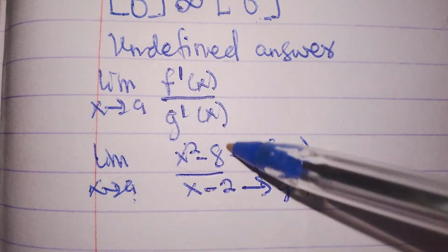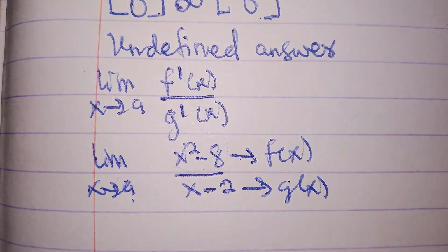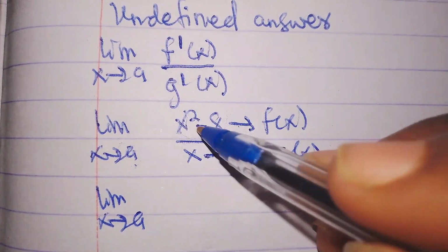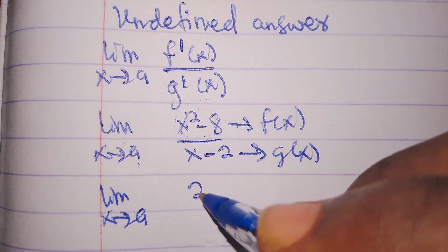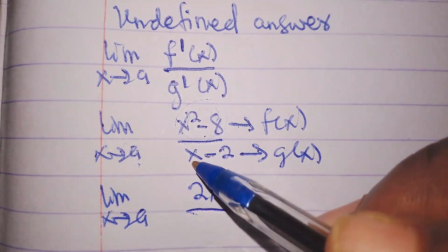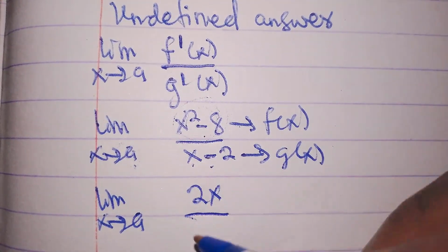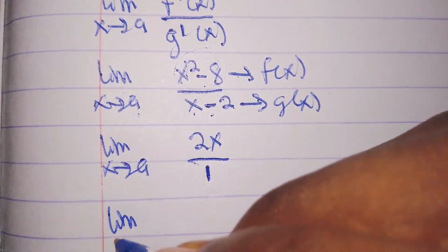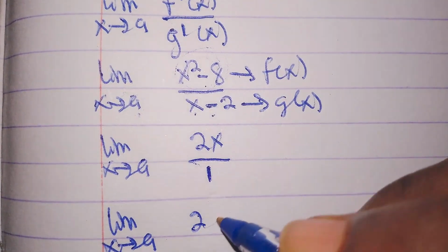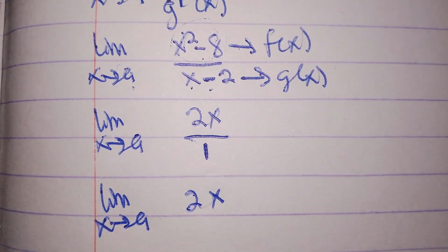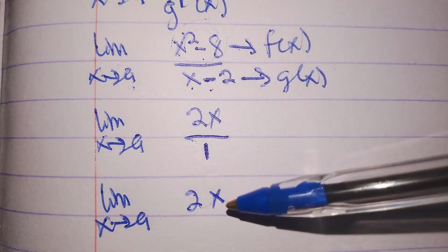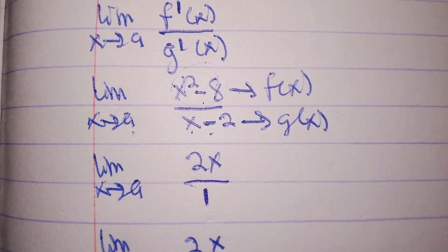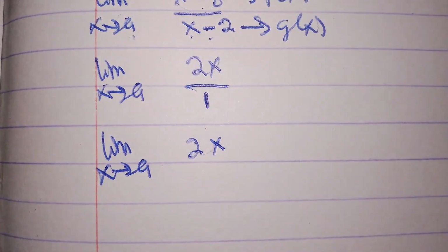You differentiate just the top, just the bottom separately. So you are going to take the limit as x approaches a of x squared minus 8, whose derivative is 2x, over x minus 2. When you differentiate x, you get 1. So we now get the limit as x approaches a of 2x. Now most people, when they are told to differentiate this thing, they go ahead to do something like this: